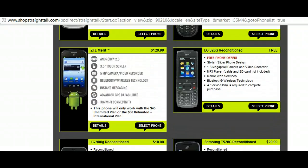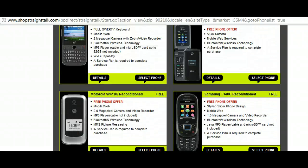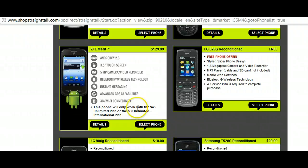See, for example, the LG Optimus Black is not in the list anymore, but over here is the ZTE Merit, which is still an Android phone, Android 2.3. So I might want this Android phone that has the better coverage area with AT&T than Sprint. And so that's one way to use this trick, is to see which phones are going to run on which carrier